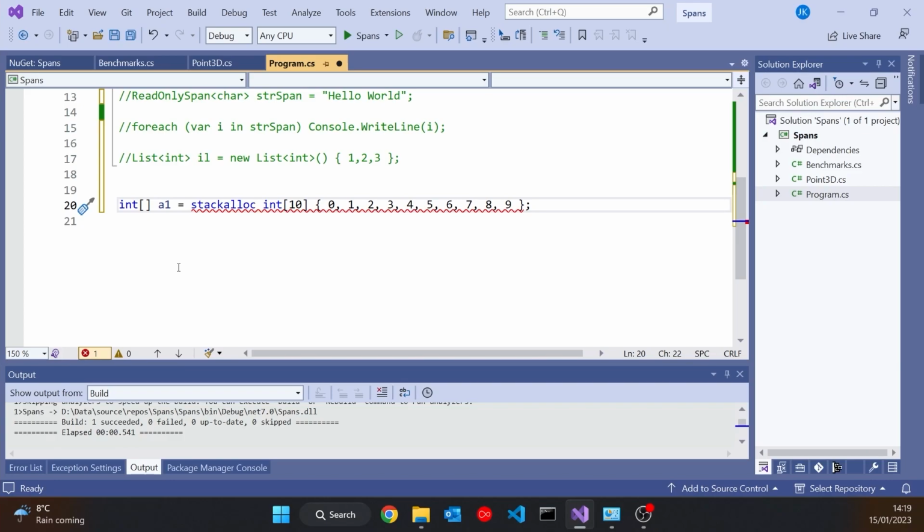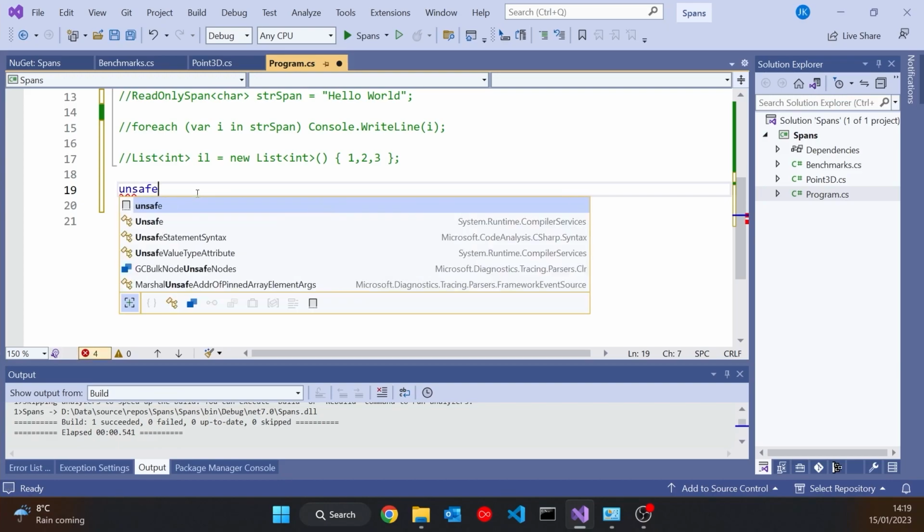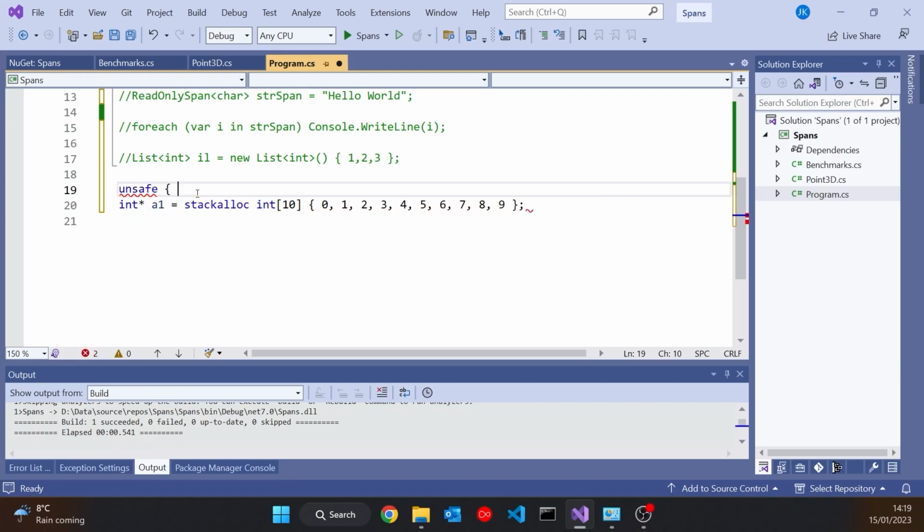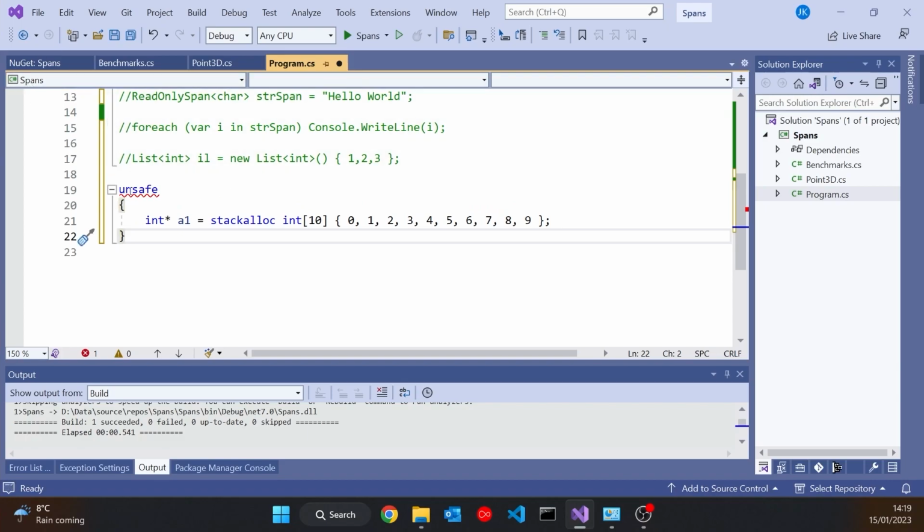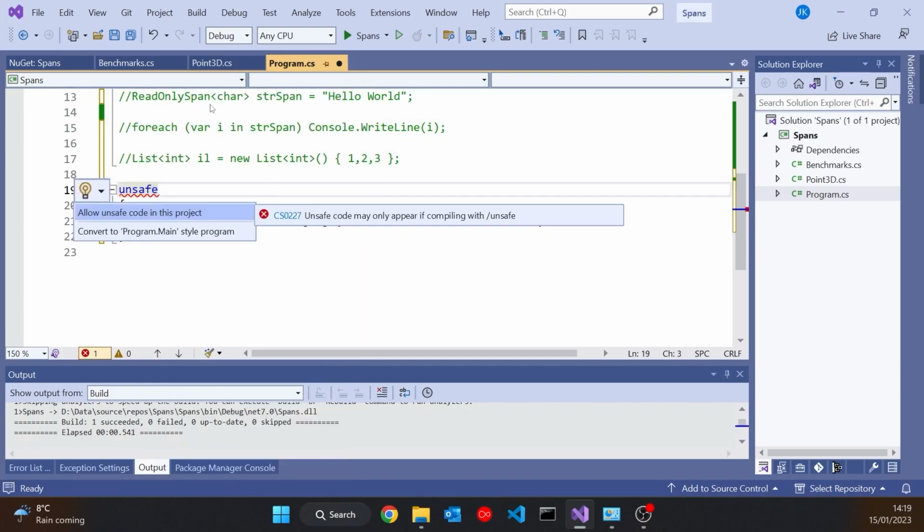We can see the problem there though. That is that traditionally, when we do this sort of thing, this is counted as unsafe code. It has to be declared as an int pointer, and then we would have to wrap that code in an unsafe block, and we'd also have to activate unsafe on our project.